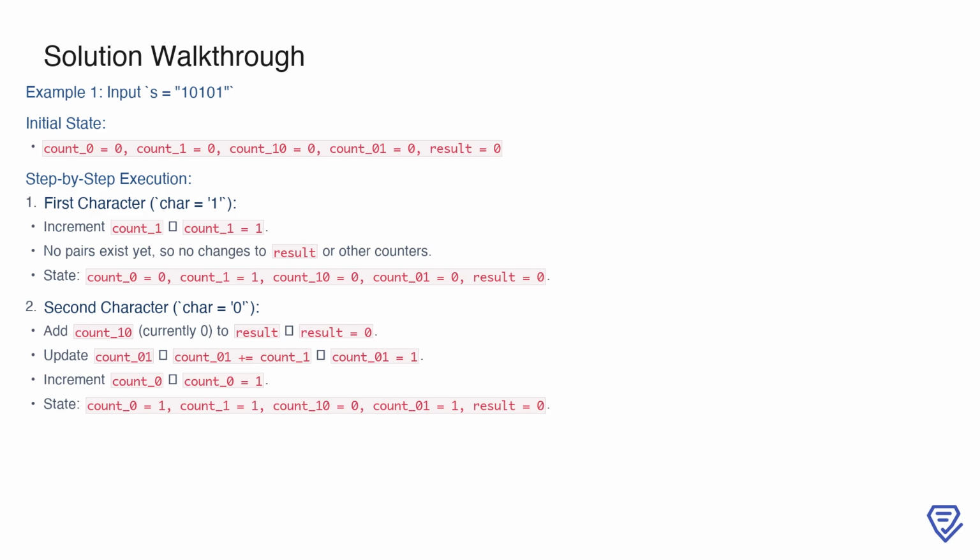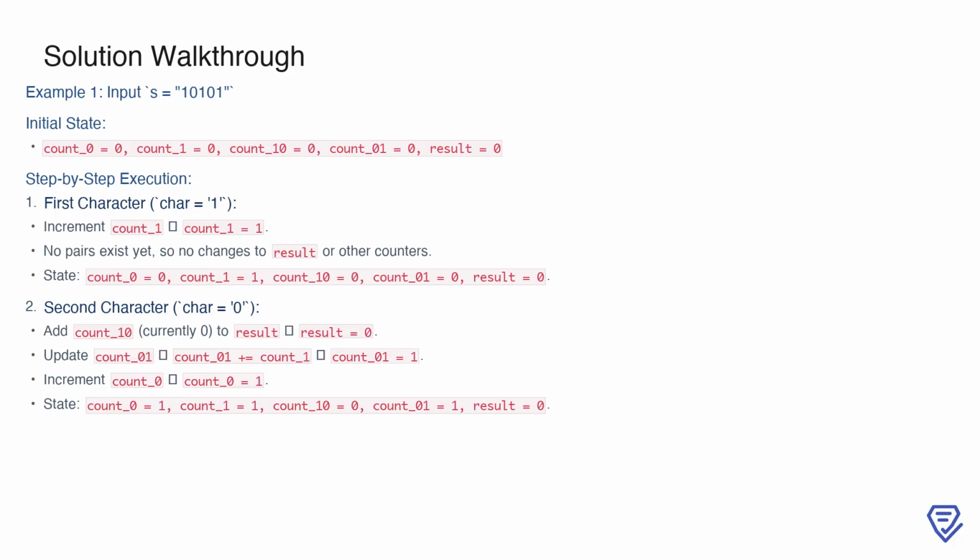Moving to the second character, 0, we add the current value of count_10, which is 0, to the result, so the result remains 0. We then update count_01 by adding count_1 to it, which makes count_01 equals 1. Finally, we increment count_0 to reflect that we've seen 1 zero. The state after processing the second character is count_0 equals 1, count_1 equals 1, count_10 equals 0, count_01 equals 1,